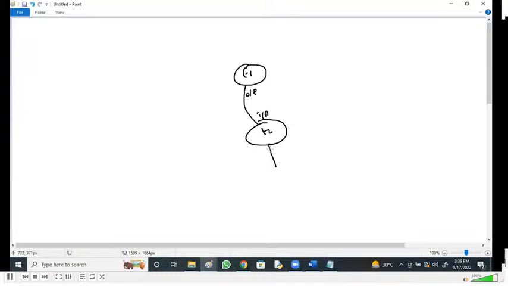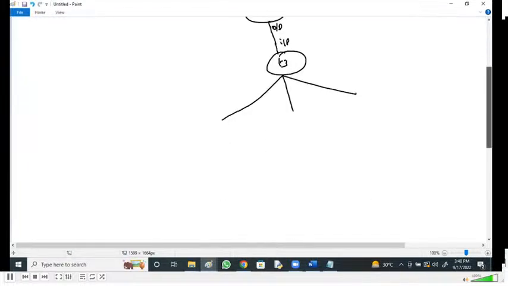Transformation 2 output again is input to transformation 3.